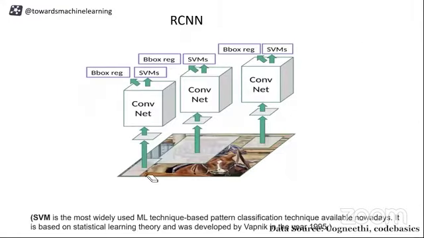So look at his architecture, what he did. He had an image. After that, he ran a selective search on it. He found out the regions which were of interest. He passed only those regions to the convolutional neural network, and he used the same kind of arrangement we have seen. We have a bounding box regressor as well as an SVM, which will be giving you the confidence and the classification, and the bounding box regressor will be telling you the boxes around your objects.